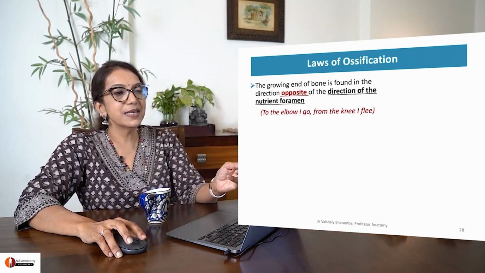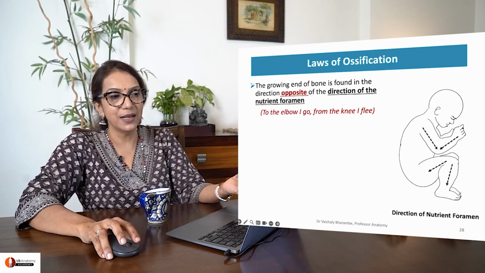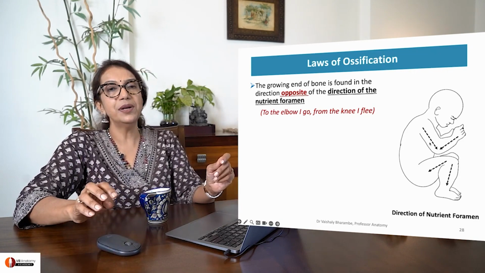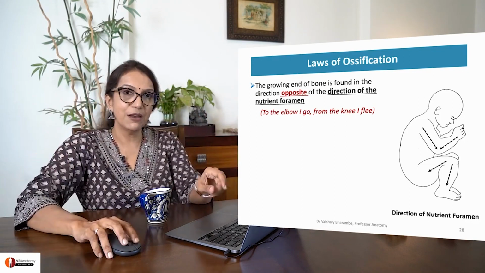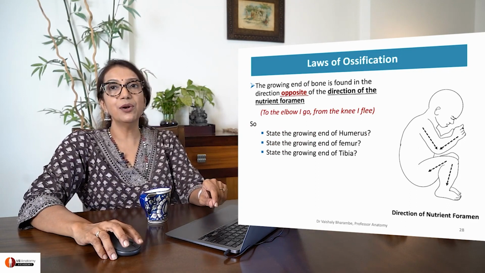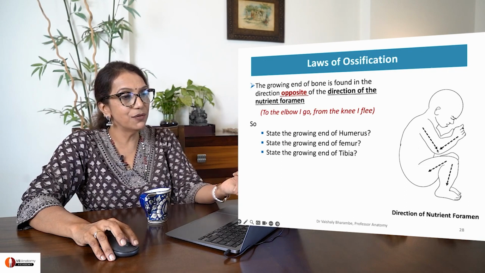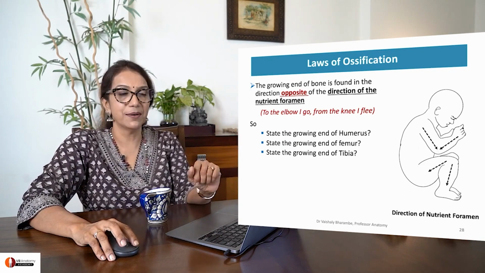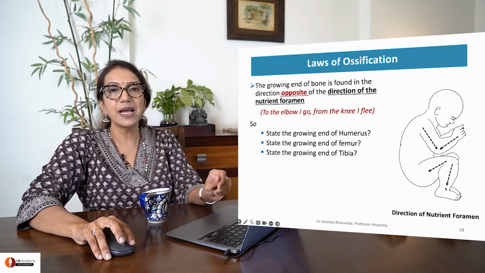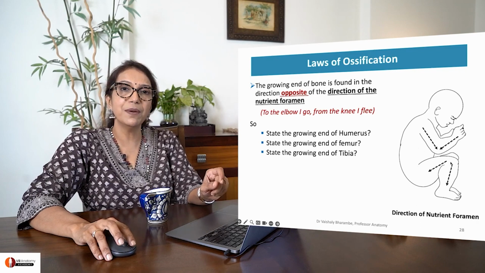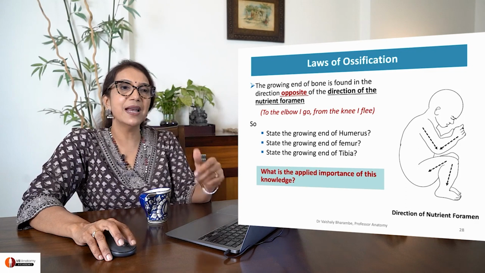There's a little saying for this. To the elbow I go, from the knee I flee. Look at the arrows to understand. Nutrient foramina go towards the elbow and away from the knee. Therefore, state the growing end of humerus. Nutrient foramen is directed to the elbow. Which is the growing end of humerus? Obviously, the upper end. In case of tibia, which is the growing end? The nutrient foramen is directed downwards. Therefore, the upper end of tibia is the growing end. So these simple dictums help you to understand and